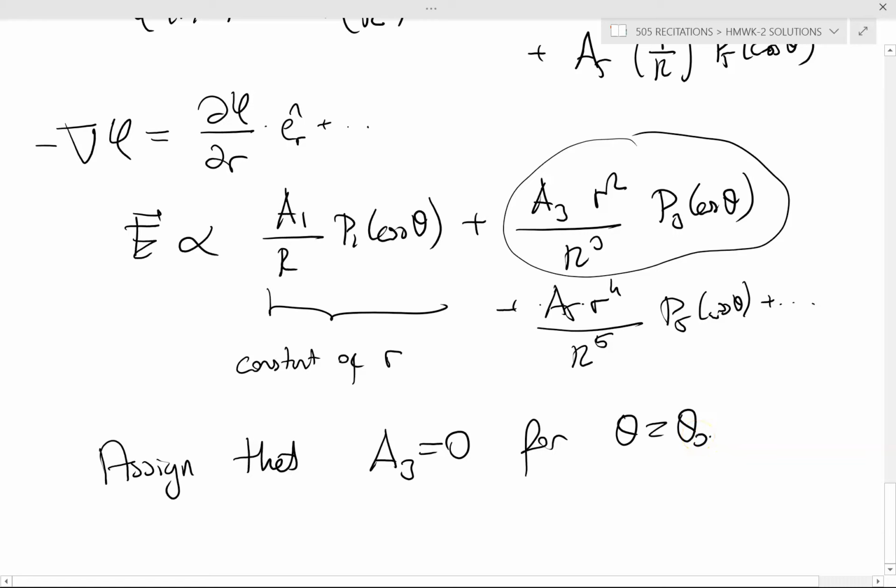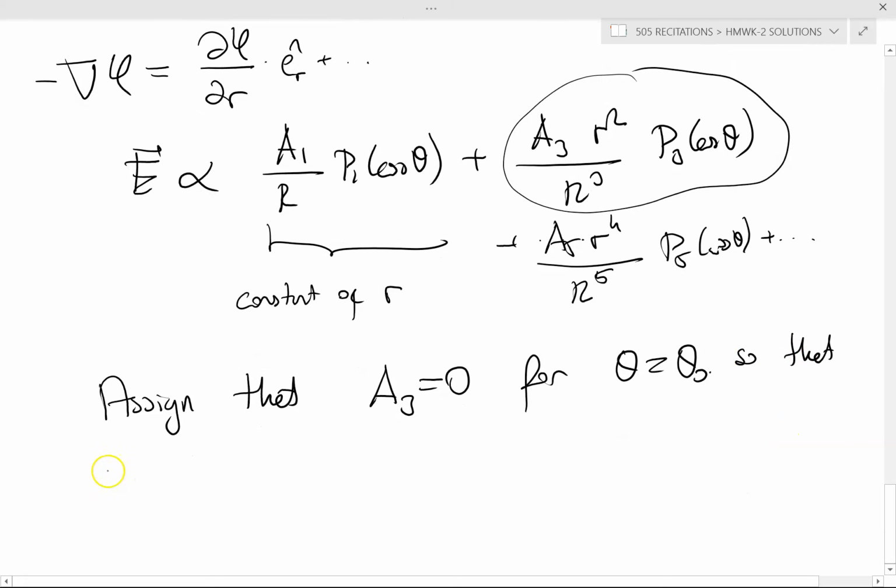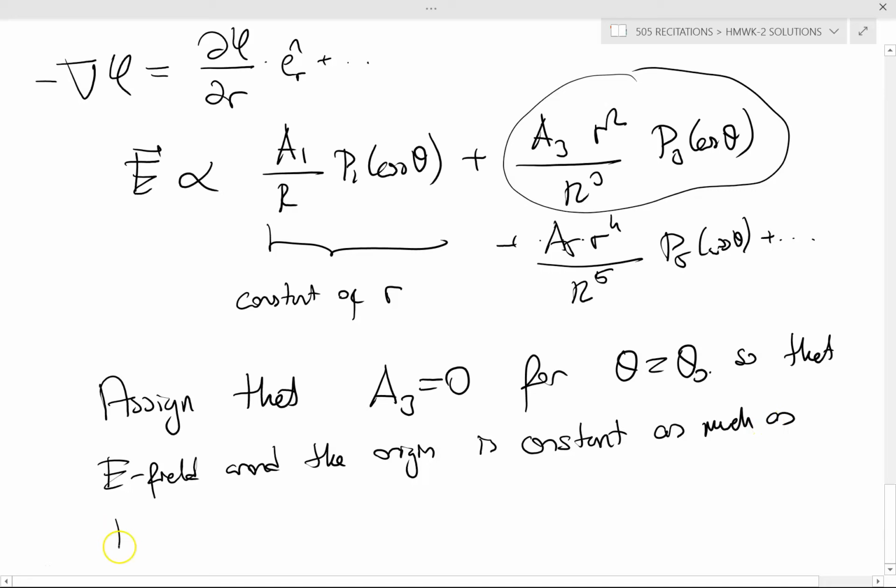Okay, so the E field around the origin is as constant as possible, as constant as much as possible. Of course, it is not constant overall, but that is the best we can do, given that the E field is an expansion of P1,